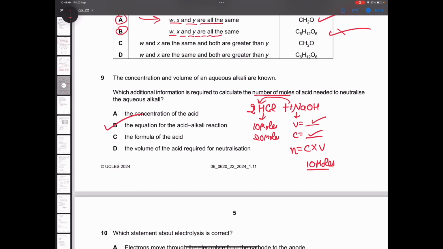Now they could have given you a different question. Instead of asking number of moles, they could have asked you to calculate what additional apparatus or values are needed to calculate the concentration of the other thing. So for concentration, you will need the equation as well as the volume of the acid, because concentration is moles by volume. By using the ratio of the equation, you can calculate moles, but to find concentration, volume is also required. So in that case, you will have to pick the option which says